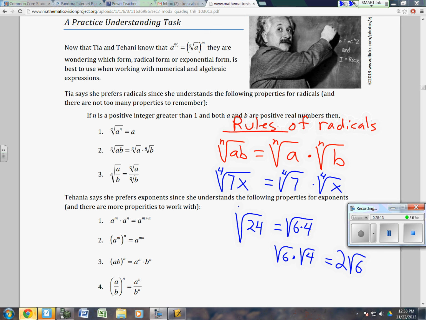Now remember when we were simplifying and I had you make the tree diagram, break it down into its prime factors? The same thing, I just did it a different way. This is the way I used to teach it, but not as many kids understood it as well that way, and that's why I went to the other way. But 2 times the square root of 6 is what that would simplify to be, and we use this rule right here to do that. Okay? Now, the last rule for radicals,